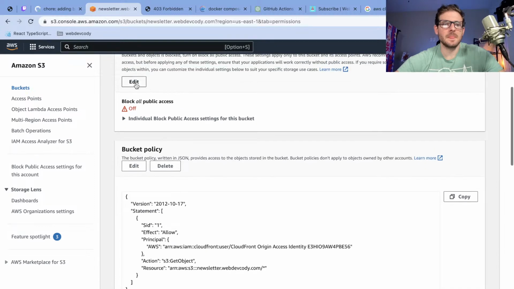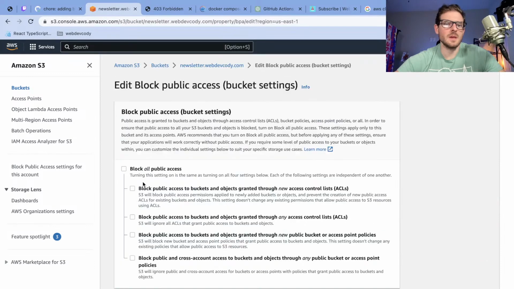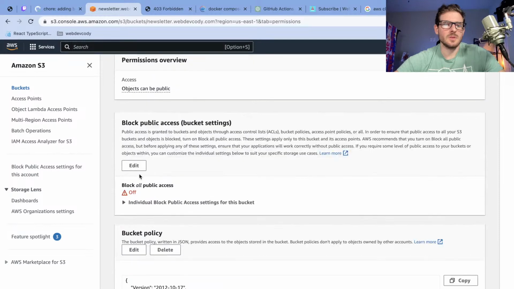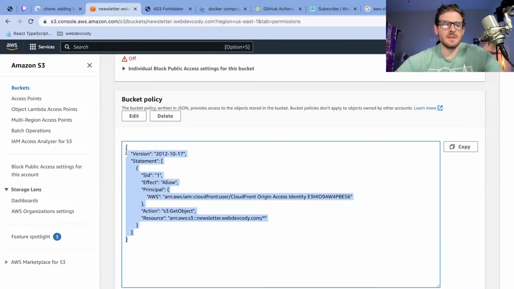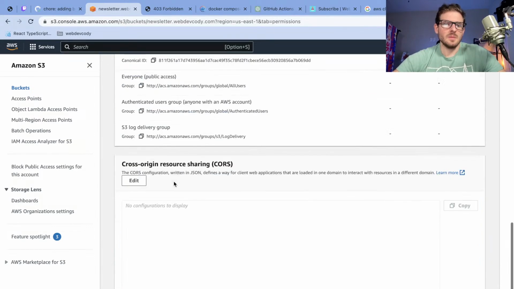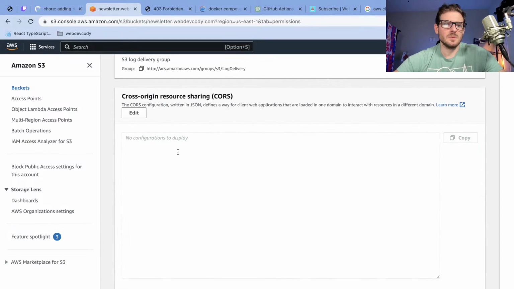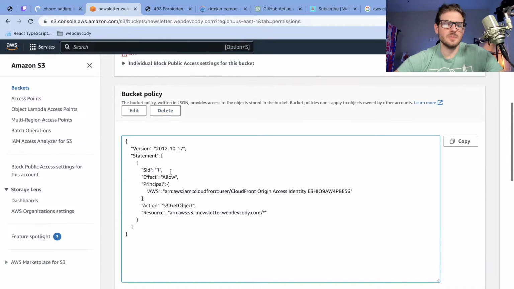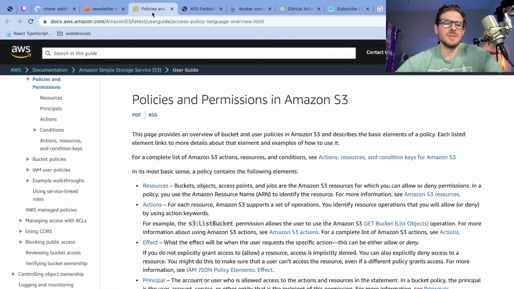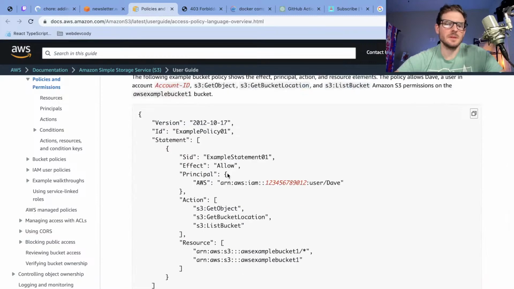Anyway, all public access is off. Block all public access. Wait, hold on a second. Block all public access is off. I have allow get object. Principal object, of course. Bucket policy. Object ownership. Can you create? I'm not using EC2. I'm using Lambda. So,